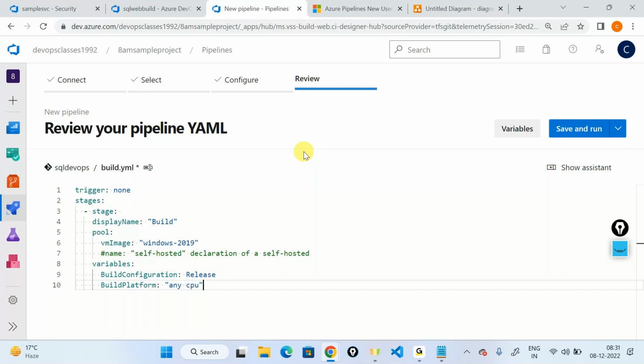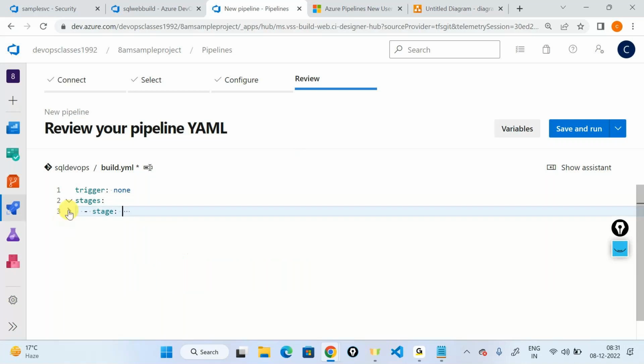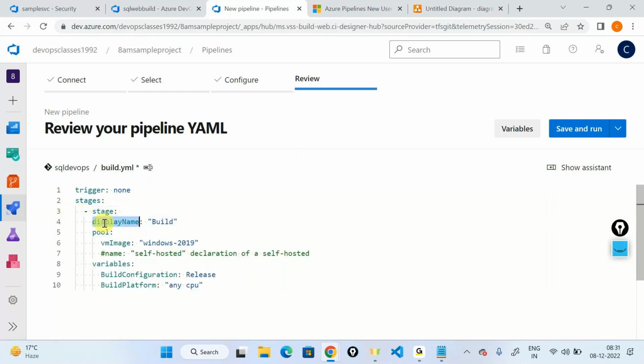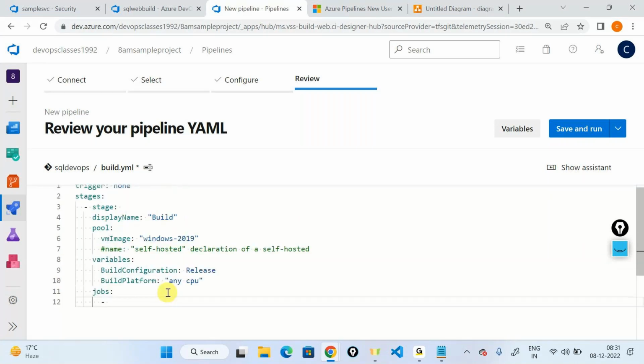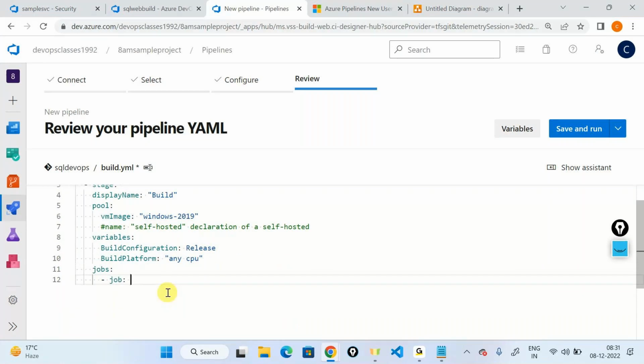All of them are falling under the stage. So stage, it's a display name, it's a pool name, and these are all the additional items under the stage. And also each and every item out here has its own subproperty. By giving an indentation, I'm going inside this, giving a subproperty out here, and this is a stage which comes under something called stages. And finally, once I declare all these things, I'll say jobs. As and when I do a job, it's understanding that yes, there are again child properties that come under the job, and I'll say job out here, under which,